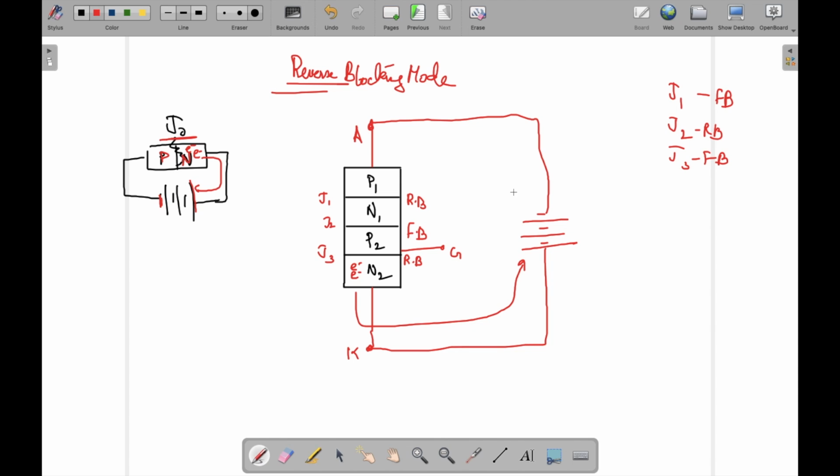Okay, same way the electron flow from here will be going to P1 and it is not trying to cross the junction. So naturally it will not be happening. Okay, so what is the option? The option is, if I want it to conduct, I'll go on increasing the voltage to a very high value such that this door opens.